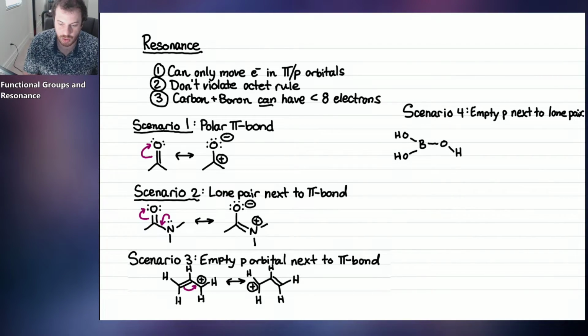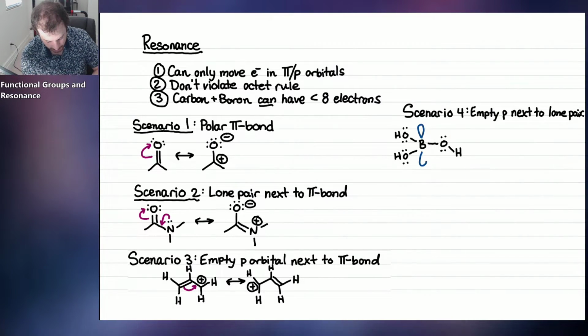Okay, so this boron here, I'll draw some lone pairs on the oxygens. Okay, I drew in all the lone pairs in this compound here. This boron in the middle has only 6 electrons. Each bond counts for 2 electrons, so we have 1, 2, 3, 4, 5, 6 electrons on that boron, so that boron has less than an octet. So because the boron has less than 8 electrons, it is going to have an empty p orbital on that boron, and indeed it does.